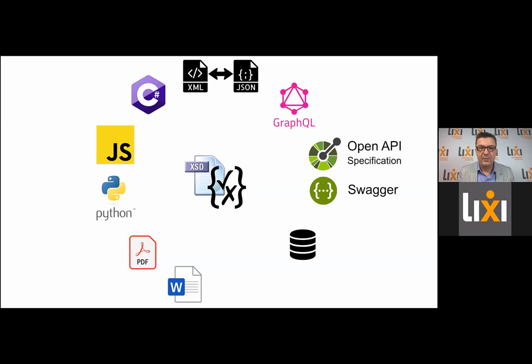Additionally, LIXI2 provides a full structural specification. What do I mean? Well, there's enough information in the LIXI2 schema to give you all of the primary key and foreign key information you would need to build a relational database directly from the schema definition. We've blogged about creating a database from the schema using Microsoft's Entity Framework. Alternatively, you might want to use a tool like Liquibase to version control the database off the schema.